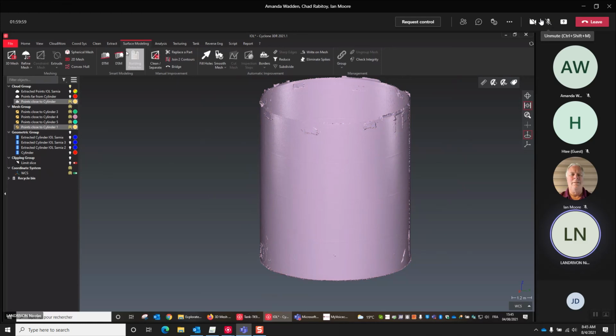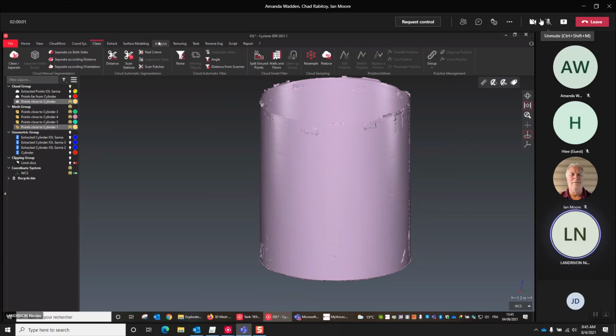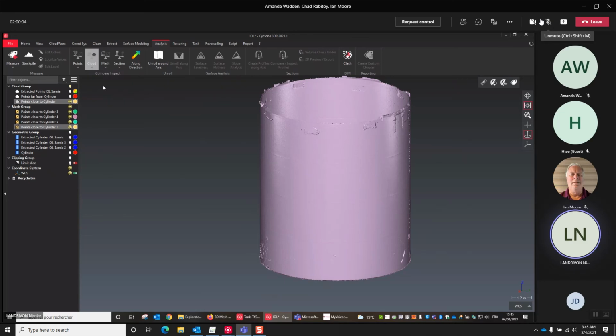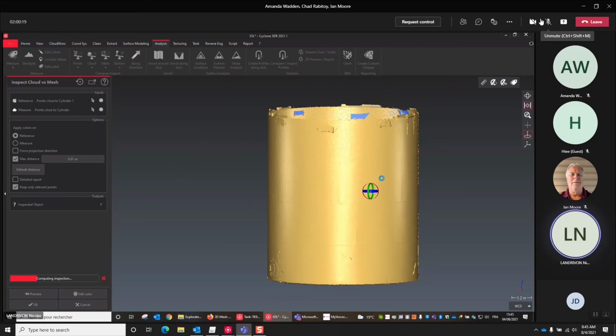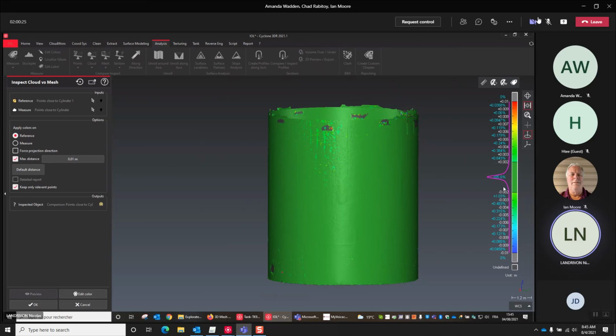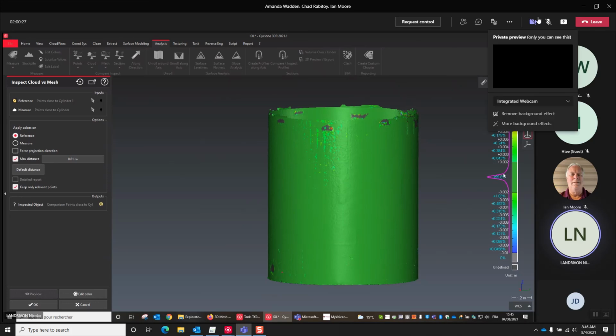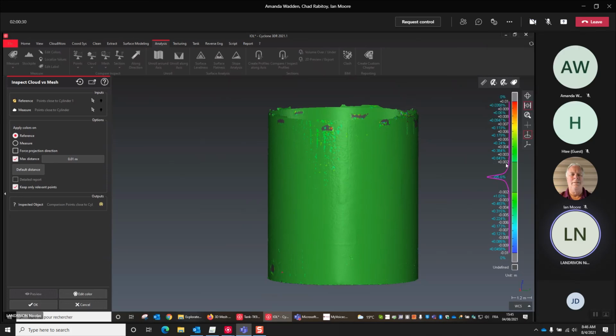So I will select the cloud on the mesh: analysis, cloud, inspect, and check. So 95% of the points are located within 2 millimeter distance.